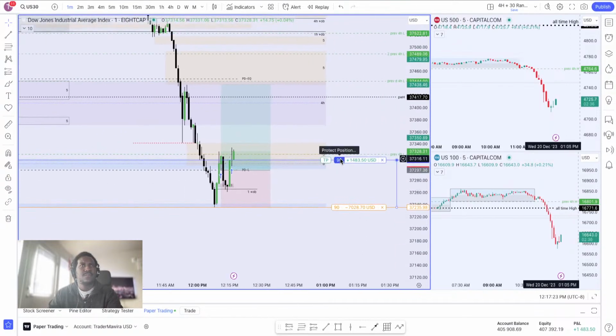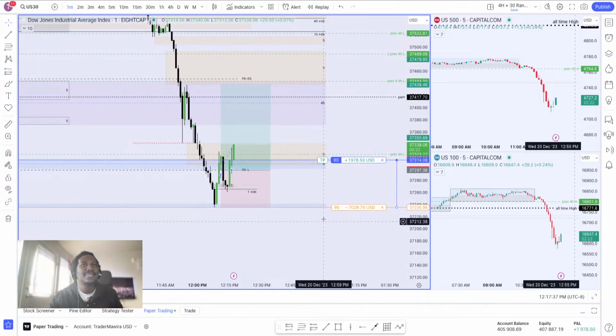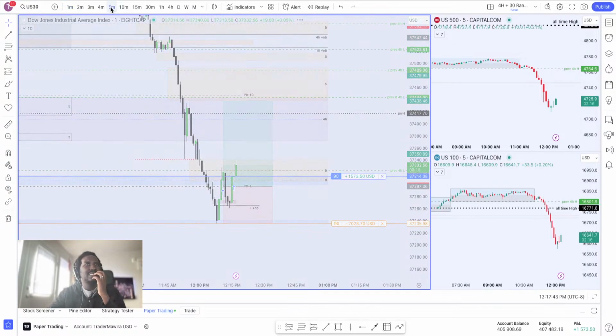So we're now fully at 1%, 1.73. Why? Oh, I did 0.8% instead of 0.08. That's all good. So we're risking like 1 point something, 1.72. It's okay. Now looking for targets.